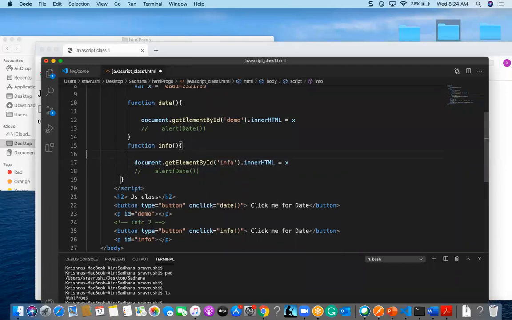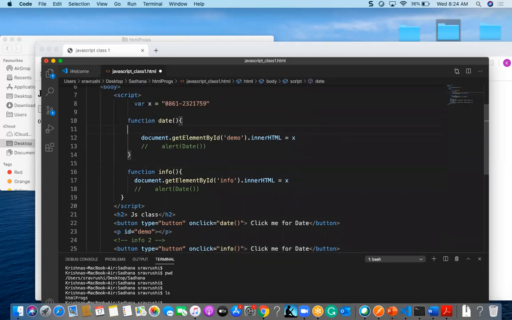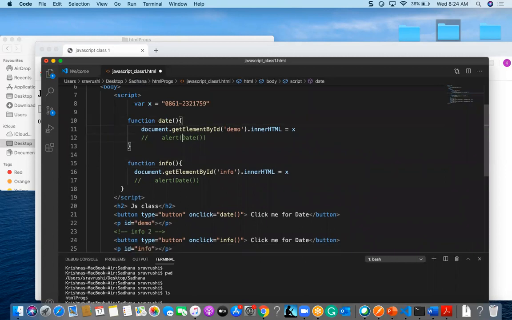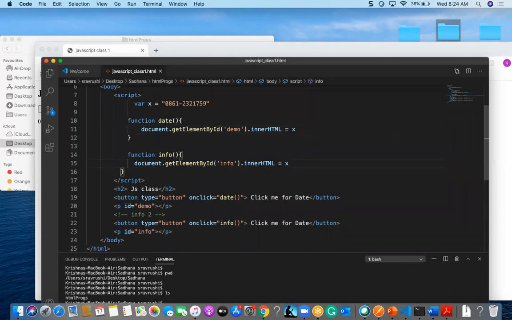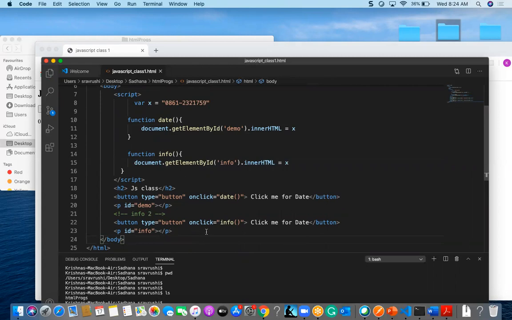So now the value of this x will continue to the next function also. Okay, so I will delete this alert for now.